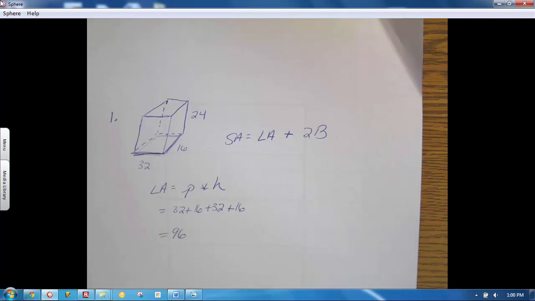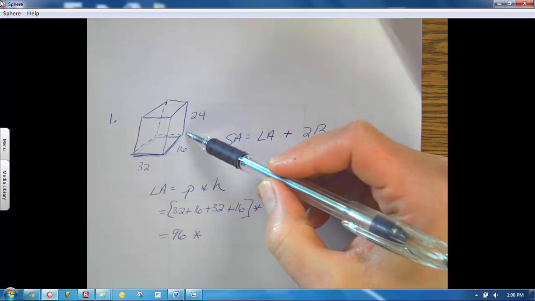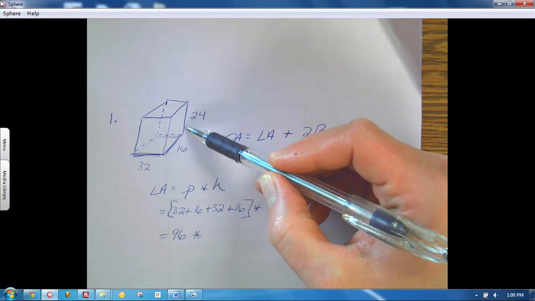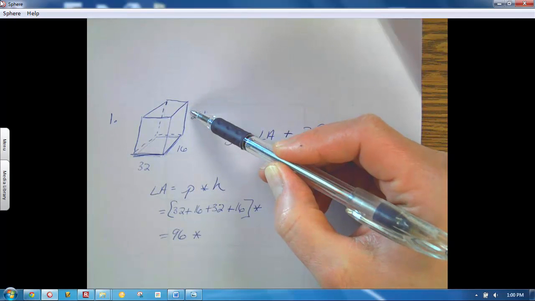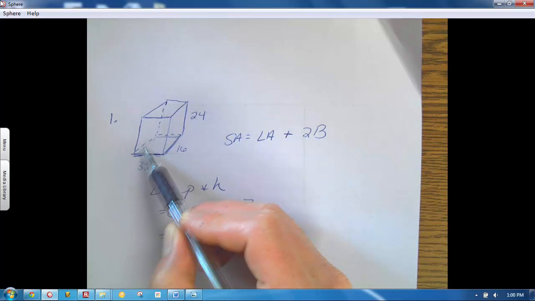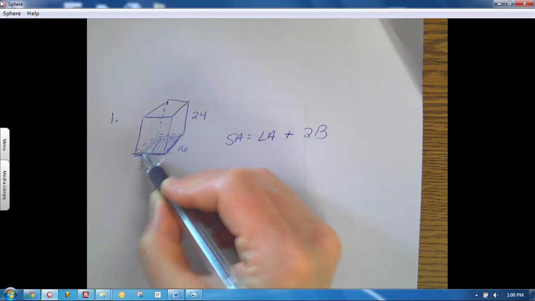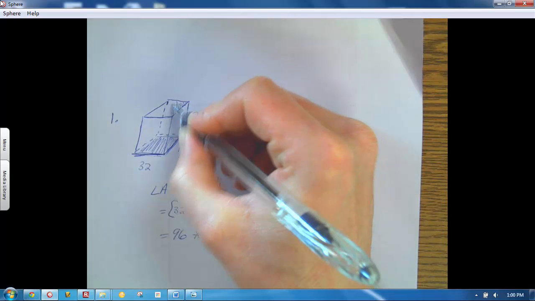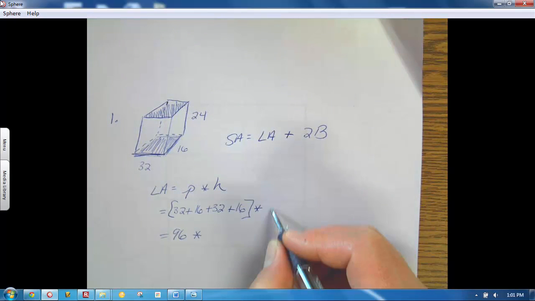So my perimeter of the base is 96 times the height of the prism. In this case, the rectangular prism is 24 units tall. Remember, the height always connects the two bases. If we chose this as our base, this surface right here is base number 1, and then this top surface is base number 2. So the height of the prism is 24,